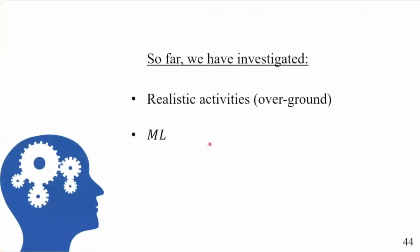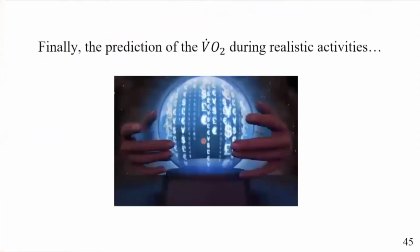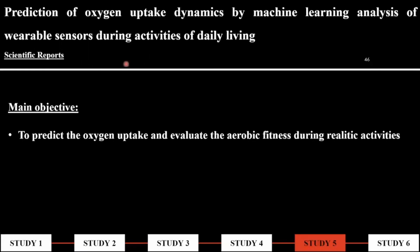So far we have investigated the aerobic fitness during realistic activities such as overground walking and some machine learning algorithms to predict the VO2, or the oxygen uptake, during treadmill walking exercises. So we decided to try to predict the VO2 during even more realistic physical activities, which brings me to our next study that had the main goal to predict